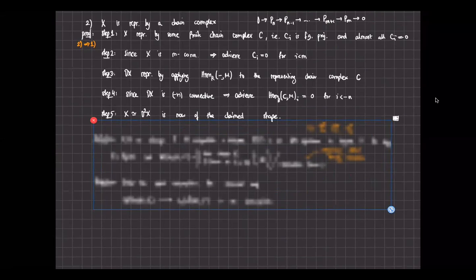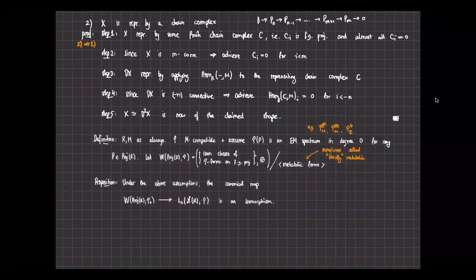And that's a very convenient tool to just say that, well, I need to show that the complex is sort of so-and-so connective, and then maybe some other dual is so-and-so connective. Okay, so let's make a definition and have R and M as always, Ϭ compatible Poincaré structure,